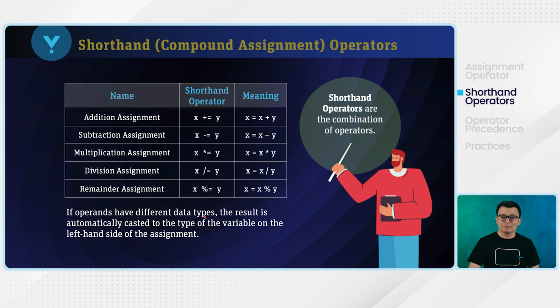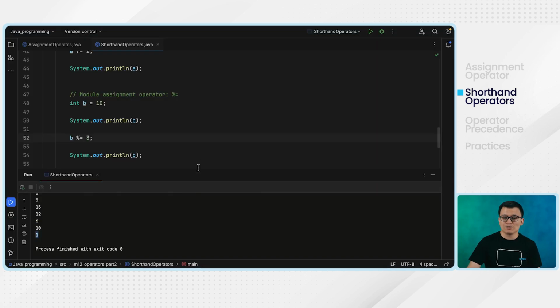If the operands have different data types, the result is automatically casted to the type of the variable on the left hand side of the assignment operator. Okay, what that means is that if you give a different data type on the right side of the shorthand operator, it will be casted to the new type. The new type that it will be casted to will be the same as the one on the left side. Okay, so for example,